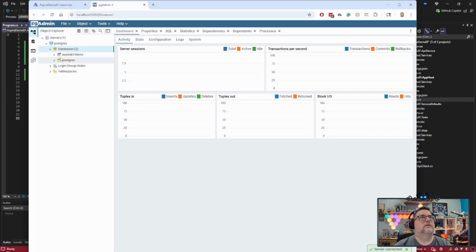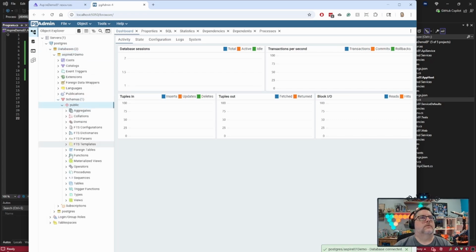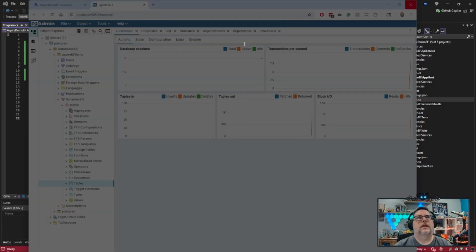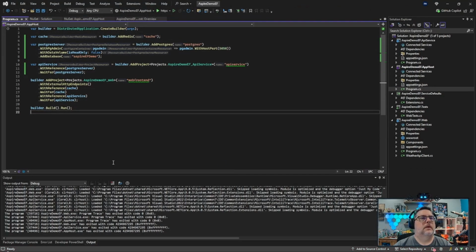And we can see an instance of our Aspire EF demo database. If we look at the schema, because we haven't defined anything yet, and look under tables, you can see it's empty. There's nothing there. Go ahead and shut that down. All right. So the next thing we want to do is go into our